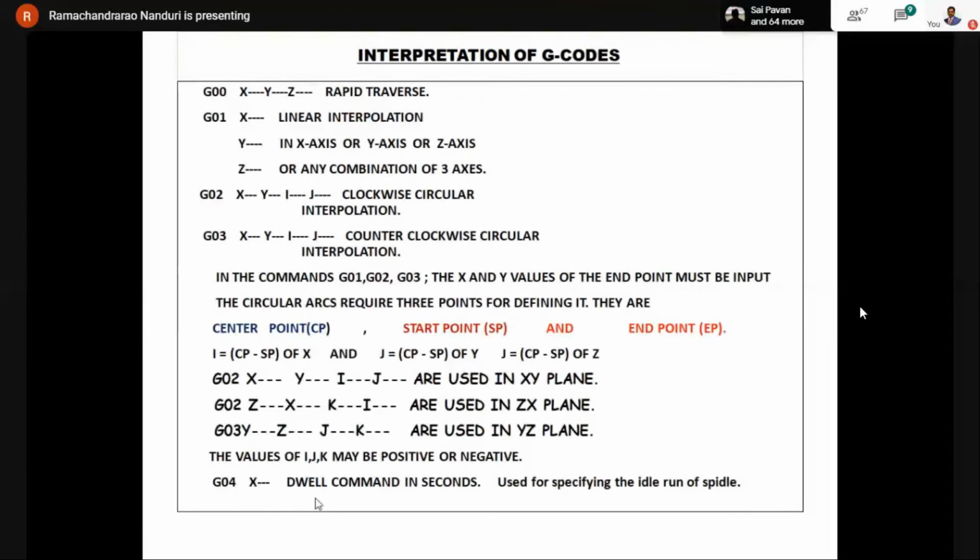And this particular command is used to improve the finish at the bottom faces of the blind bores, like counter bores or bores with high precision, and wherever the bottom face of the bore is required to be perpendicular to the axis of the bore within 10 microns or 20 microns. In such applications, we will be using G04. Okay? Just go through the slides.